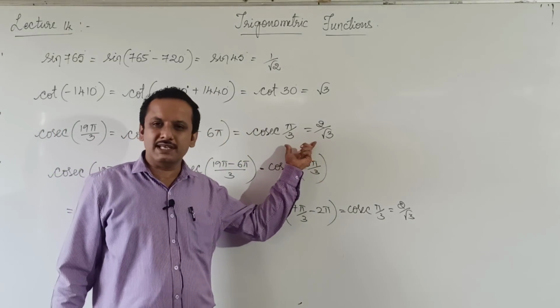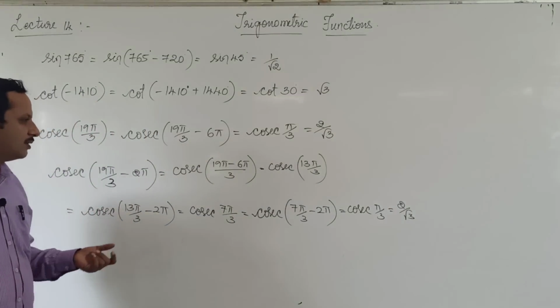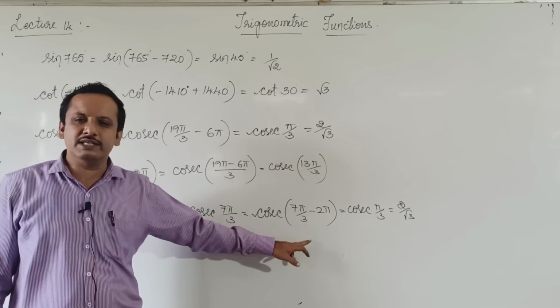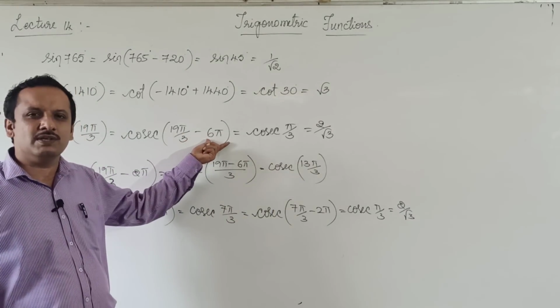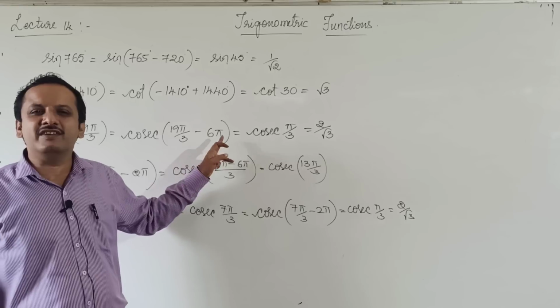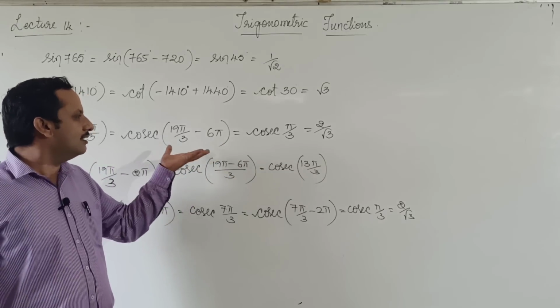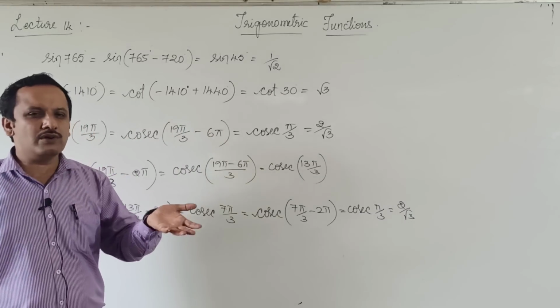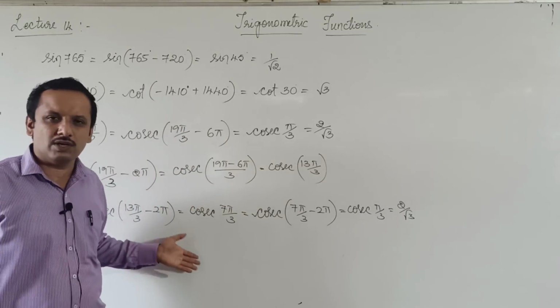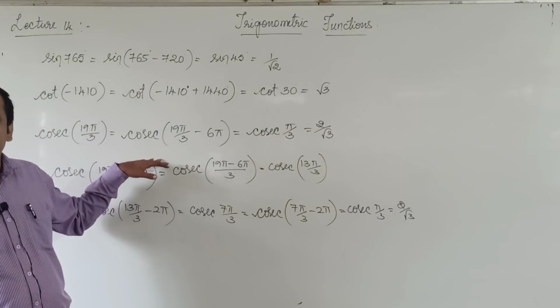Okay, we got the same answer. We should get the same answer. See here, how many times did we subtract 2 pi? Once, twice and thrice. We subtracted 2 pi thrice, and we did the same here also. We subtracted 3 into 2 pi, a multiple of 2 pi. So if you can directly understand this, better you follow this. In case you don't know what to do, then you can do this also. In this way also you will get the answer. I still advise you to go by this way.